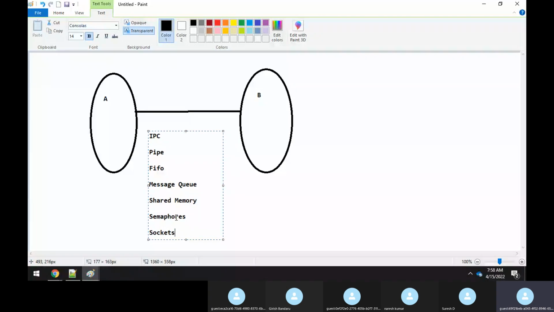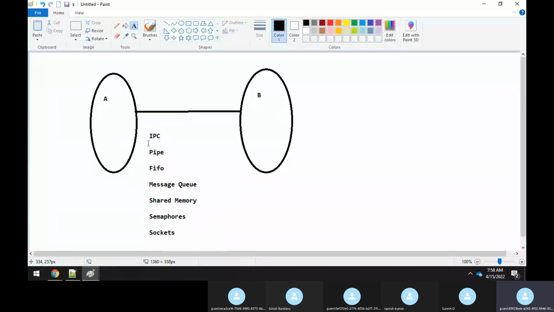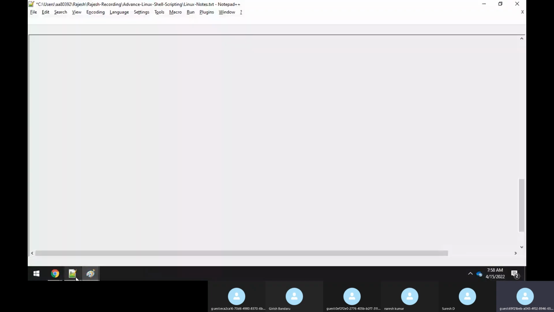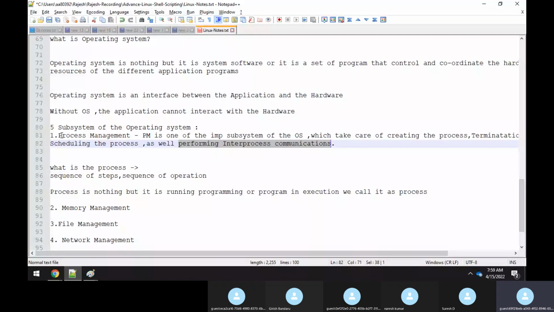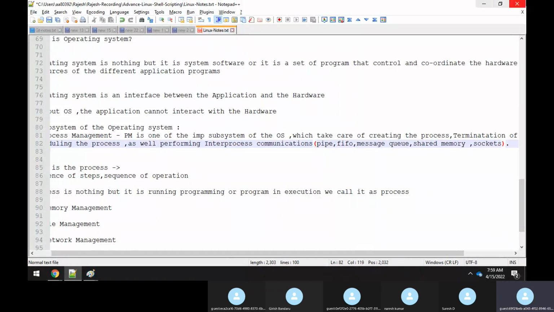These are the inter-process communication techniques, the tools used while communicating between two different processes. So we call this IPC. Even these are a part of your process management. So in inter-process communication, you will get all those things: pipes, FIFOs, message queues, shared memory, sockets. It all comes under the process management module. Correct, guys?